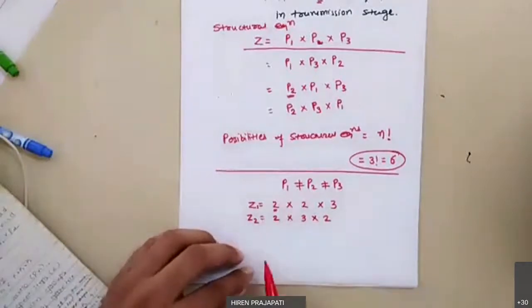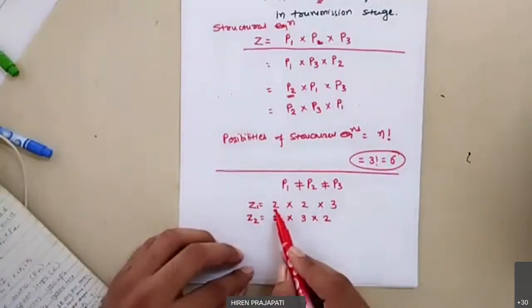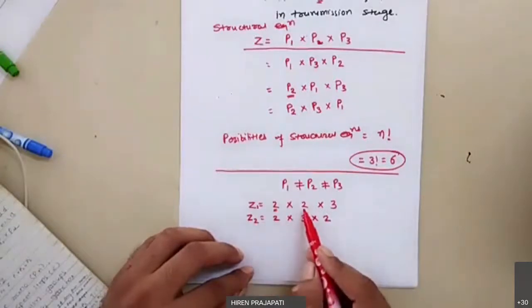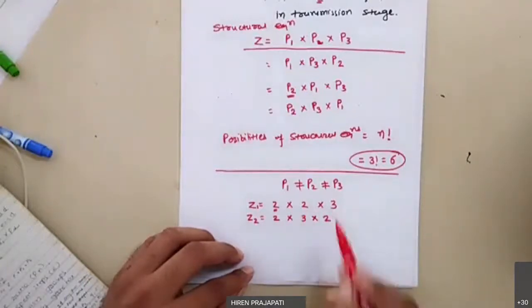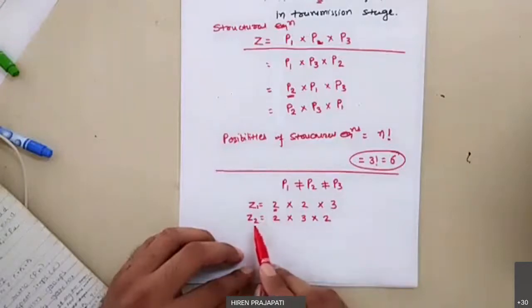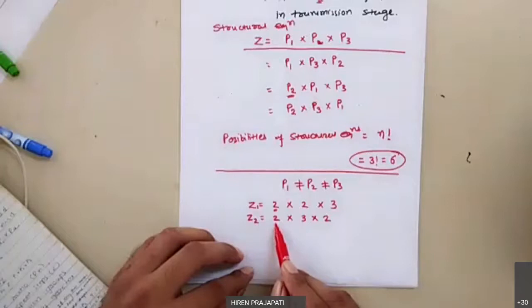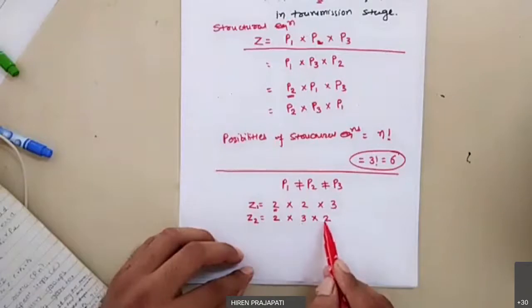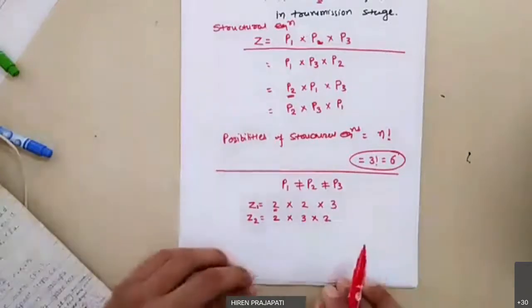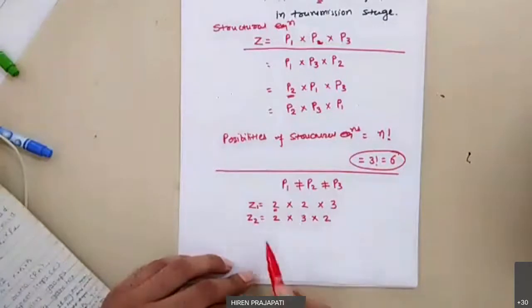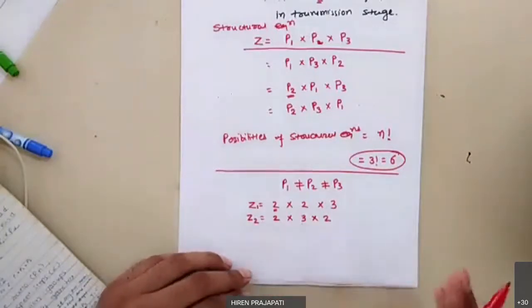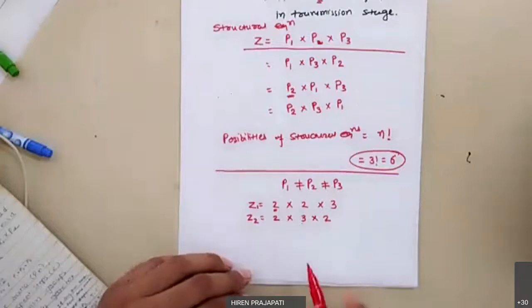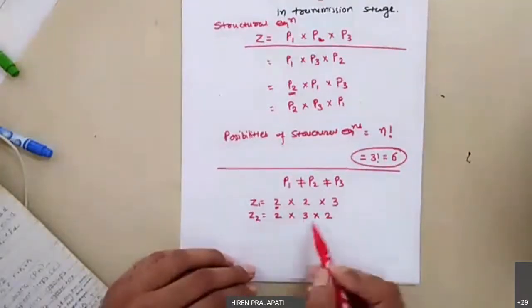What is the meaning of this? In stage 1, two gear pairs, so two different speeds are available. In stage 2, again two different gear pairs, so the next two speeds are available. And in stage 3, three speeds are available. While if you see this second equation, then in stage 1, two speeds are available. In stage 2, three speeds are available. So that is what we are changing, the structure of the gearbox. And that's why this is called a structure equation, because this equation gives an idea about the gearbox structure, gearbox arrangement, right? So this is another possibility we got.